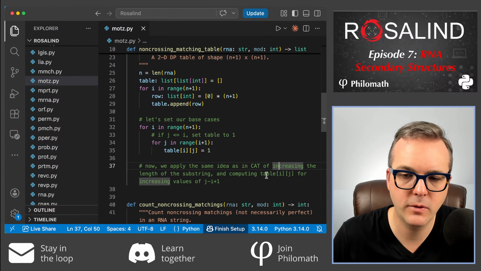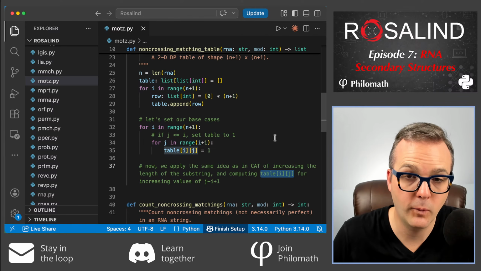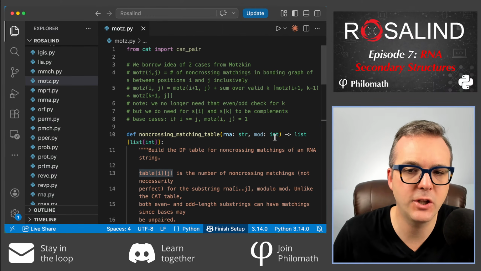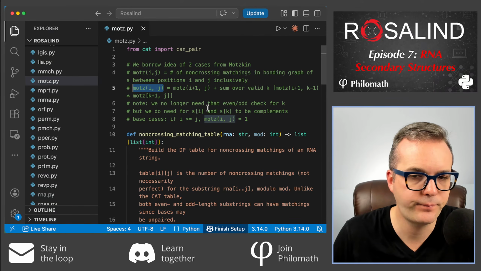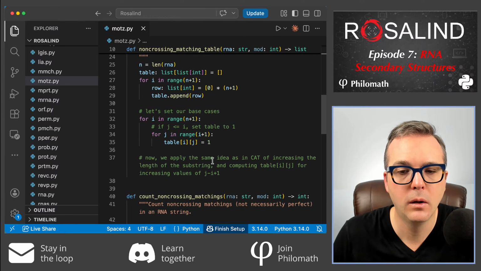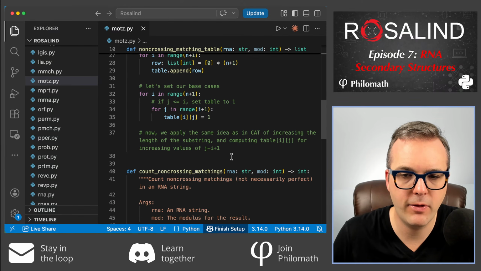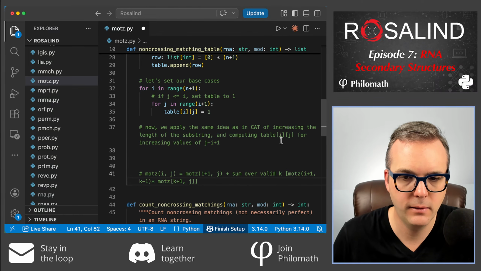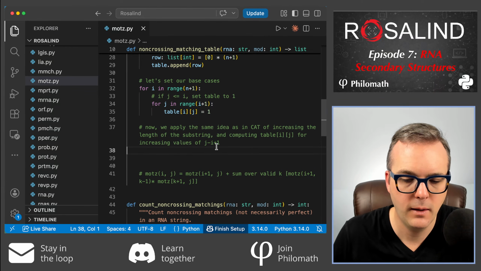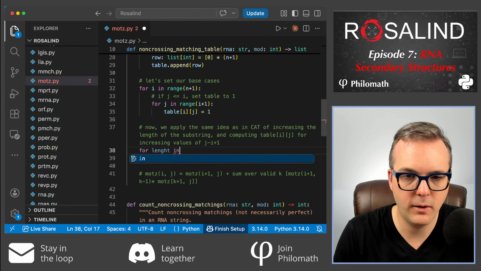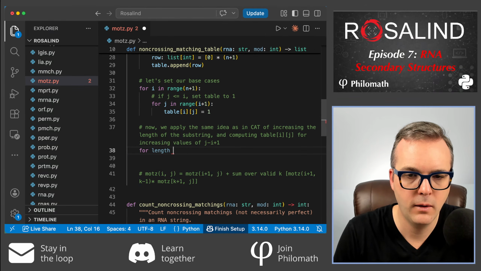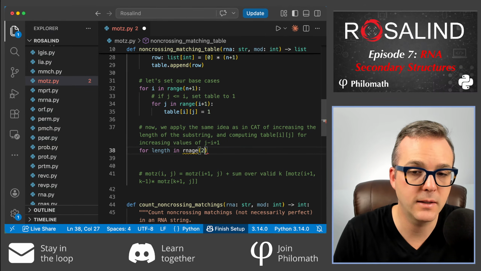Remember, table of ij is going to represent the number of matchings between positions I and j inclusively. Then it's just a matter of remembering this thing, so I'm just going to have that down here to help me. And I will say for length in range